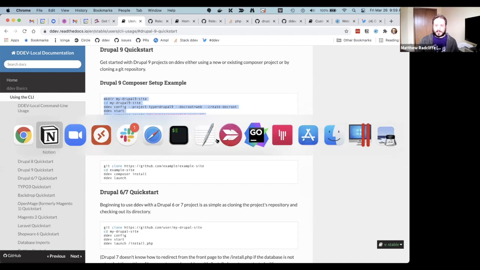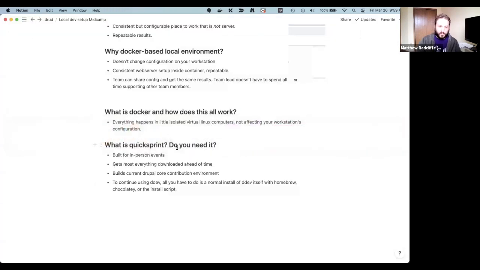Hey, Randy, can I interject one moment? You betcha. Confusingly, quick start means multiple things. What we're talking about here is specific to DDEV's documentation. If you're looking to spin up an environment for your Drupal project with DDEV, the term quick start here means going into the documentation and doing that specific task.